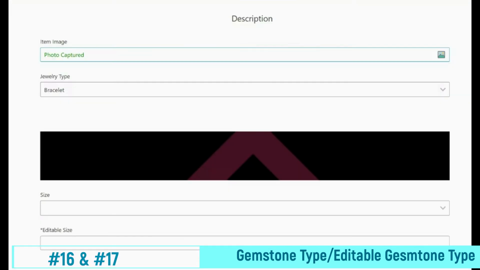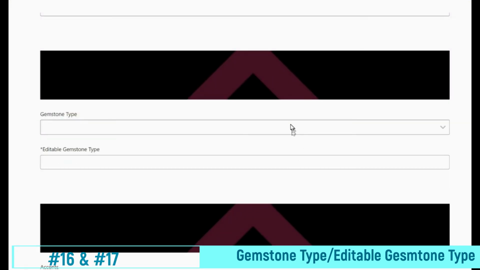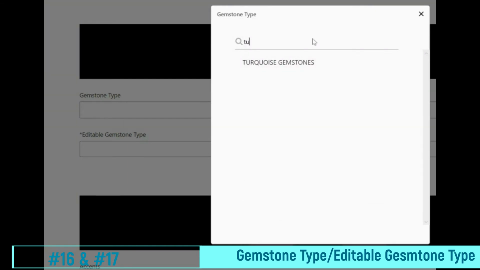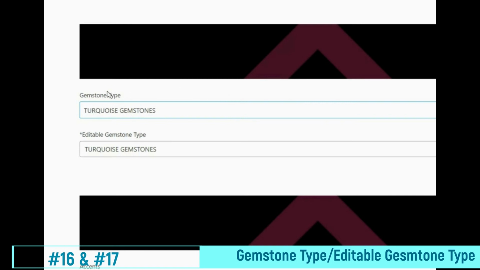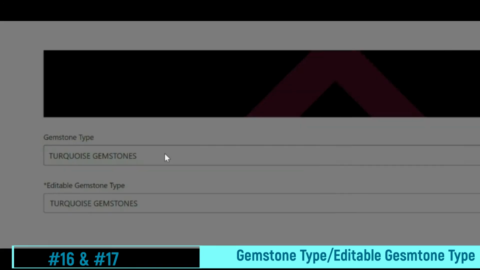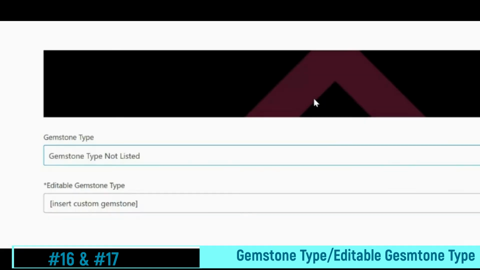So let's go ahead and go into GoCanvas, and we will right now put in that gemstone type. So we'll go down here to gemstone type, hit the drop-down menu. Let's see if we can find turquoise. There we go. So we'll select turquoise gemstones. And just like our previous fields, we'll have both gemstone type and editable gemstone type. So in the event, again, that you don't have the gemstone you need on this list, you can put in gemstone type not listed, and that's going to prompt you to delete this and put in whatever gemstone you've got